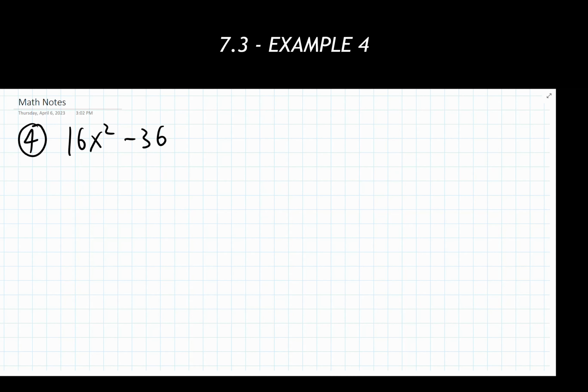So this brings us to our last example that I want to go through with you, kind of a weirder looking one, but still something that shows up from time to time. We're still going to follow the exact same process that we used previously, even though we've got something a bit weirder showing up. First and foremost, is there a greatest common factor between everything that I have been given? Turns out there is, and that greatest common factor is going to be 4.